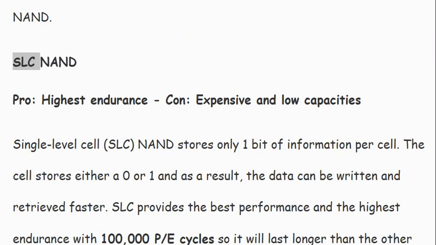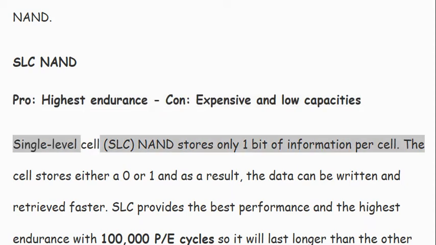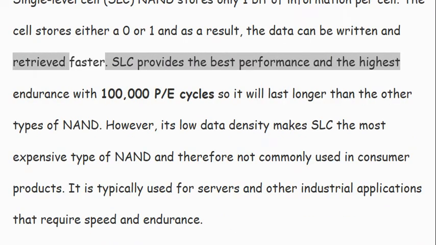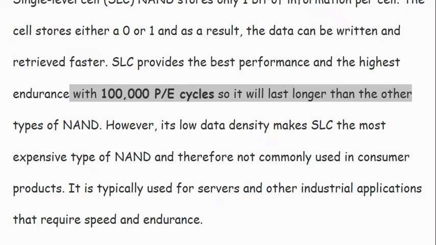SLC NAND. Pro, highest endurance. Con, expensive and low capacities. Single-level cell, SLC, NAND stores only one bit of information per cell. The cell stores either a 0 or 1, and as a result, the data can be written and retrieved faster. SLC provides the best performance and the highest endurance with 100,000 PE cycles, so it will last longer than the